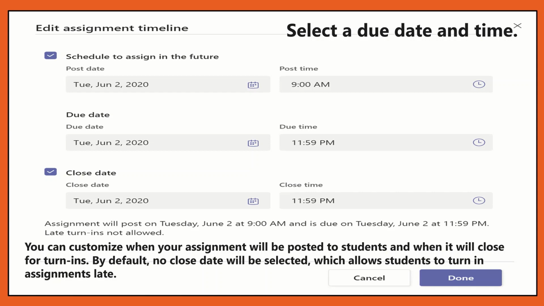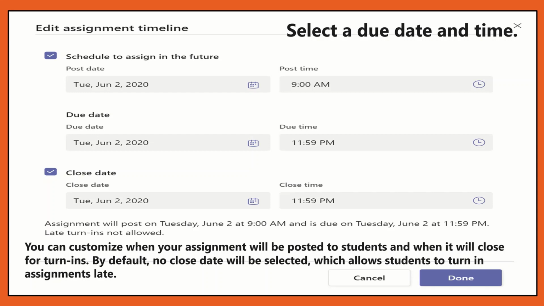So after that, students cannot post. You can customize when your assignments will be posted and when they will be closed for turn-ins. By default, no close date will be selected, which allows students to turn in the assignment late. But if you select the close date, then students cannot submit their test after this time is over.